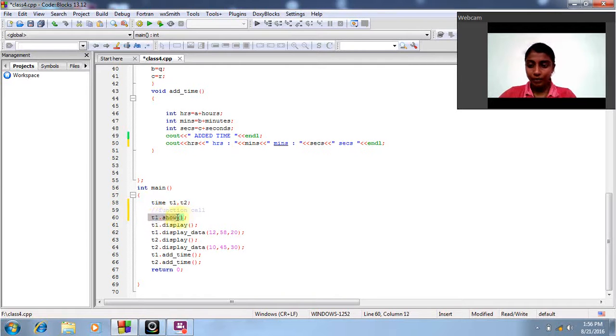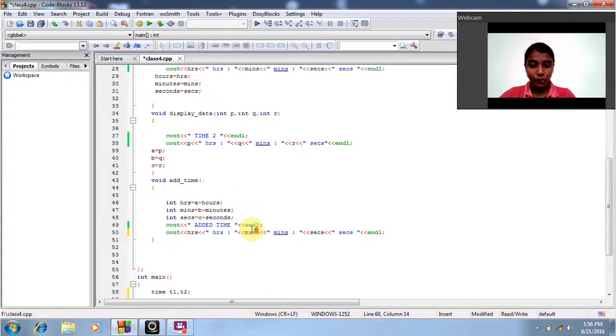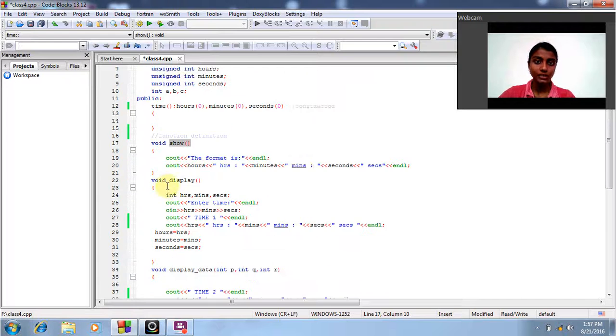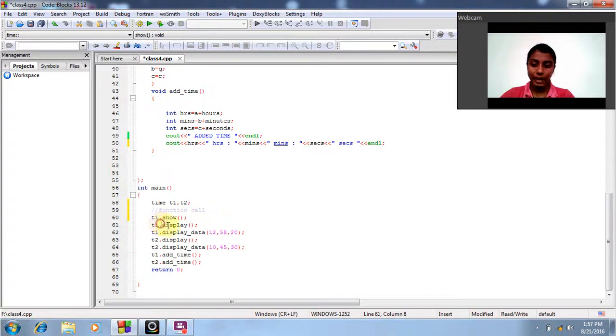When I give t1.show, it calls the function show, so it goes to the function show, and it prints 0 0 0, because there are no values initialized to hours, minutes, and seconds, so it shows 0 and 0 and 0, which is the value initialized by the constructor. That means it automatically initializes the value to the hours, minutes, and seconds, and then after that it calls the